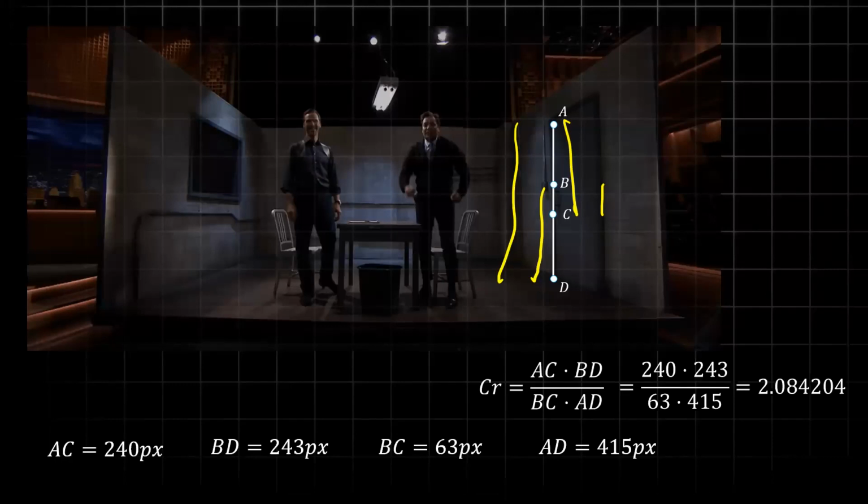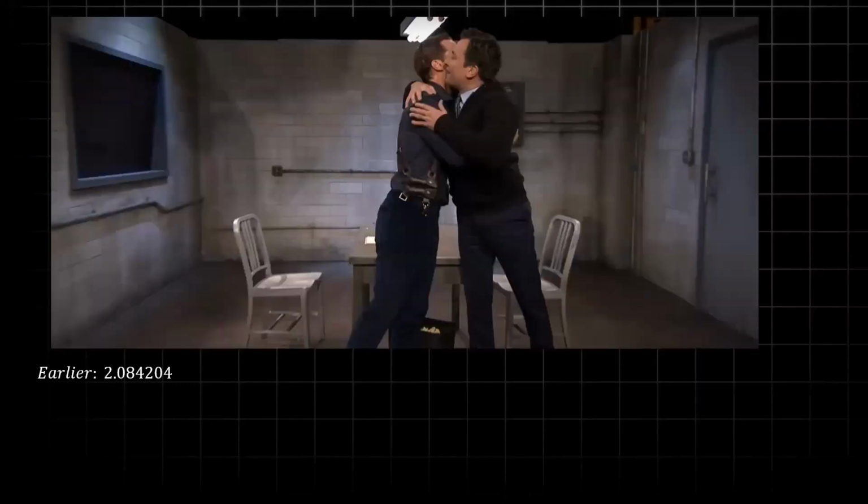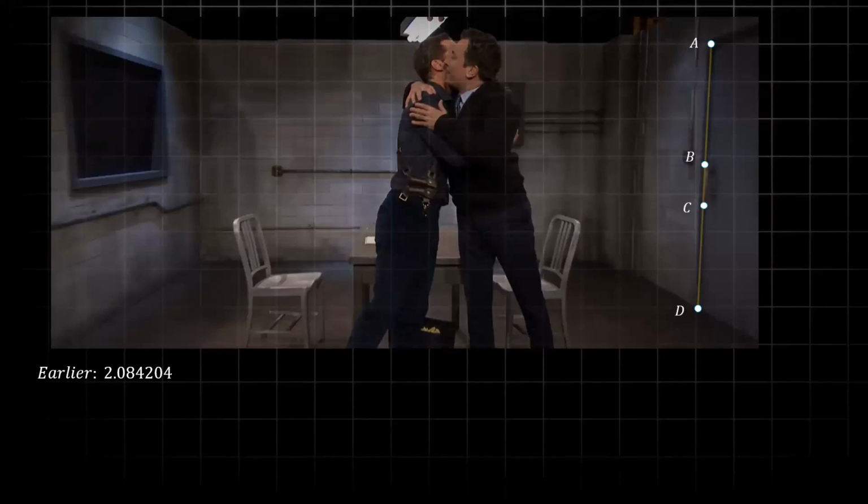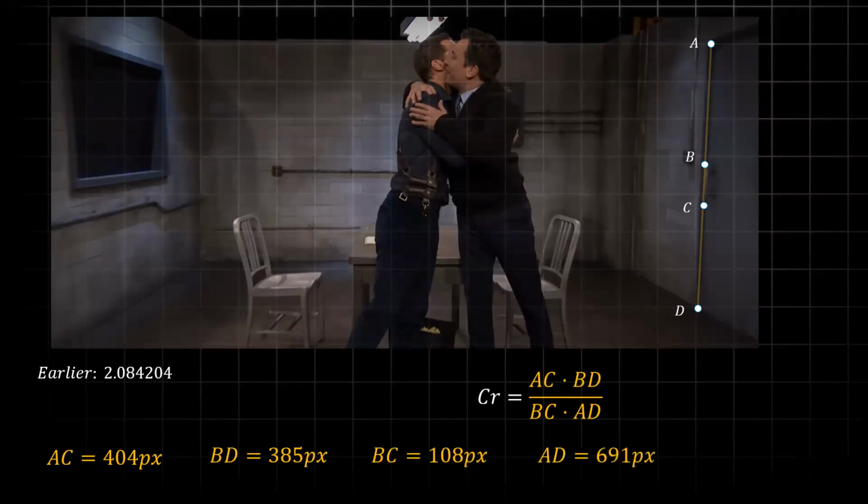Now, the camera changes perspective when they hug each other at the end of the video. The door has a different perspective. Now I played the same game. Previous value was this much. Took the same values, and this time it was 404, larger pixels, larger number. Took the ratio. It came to be 2.3.